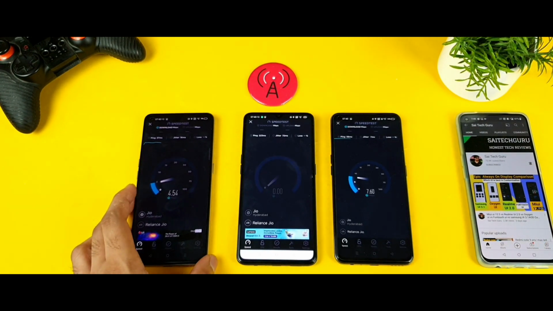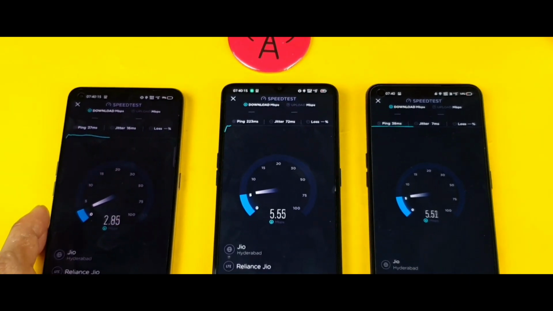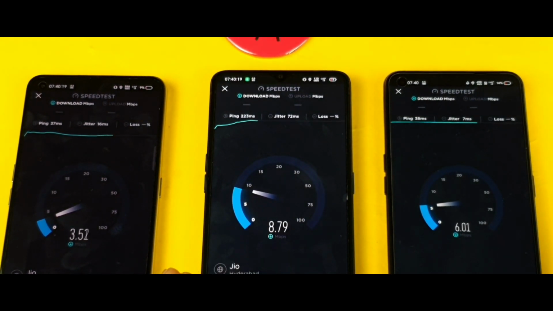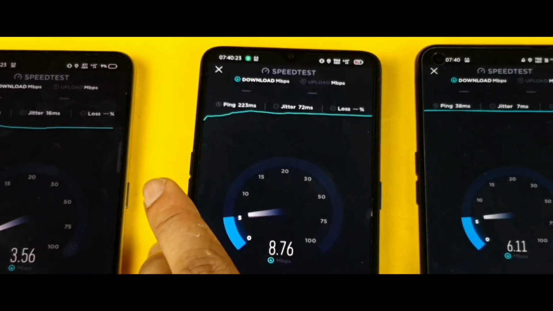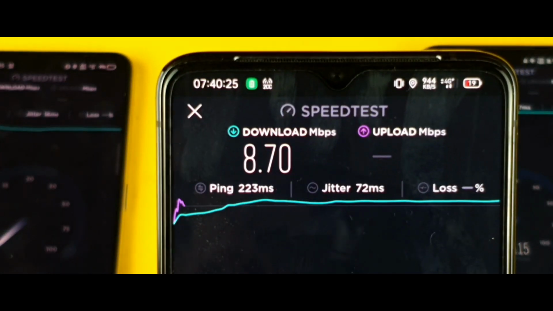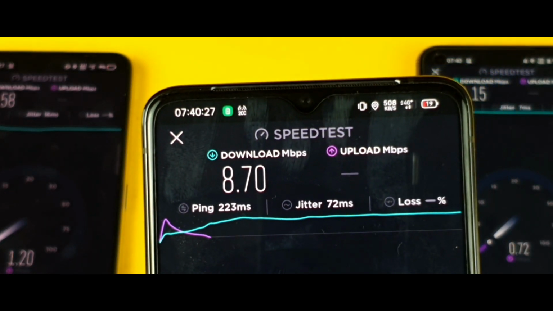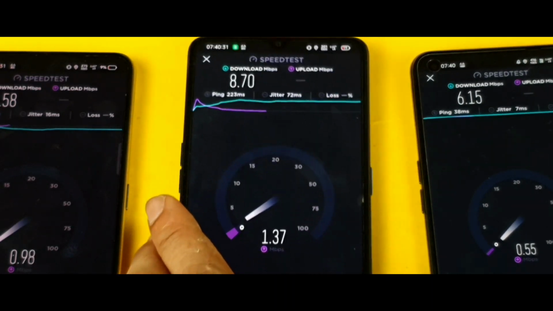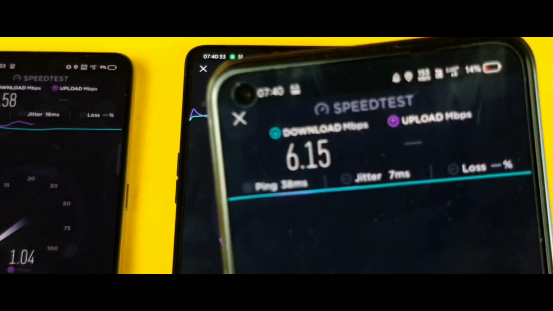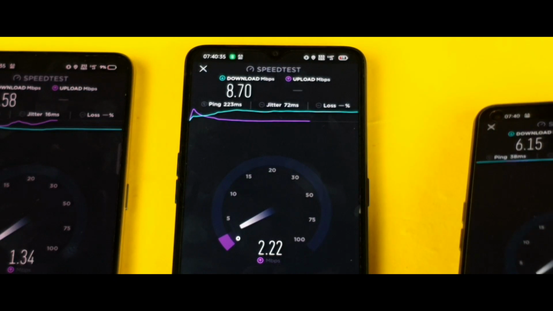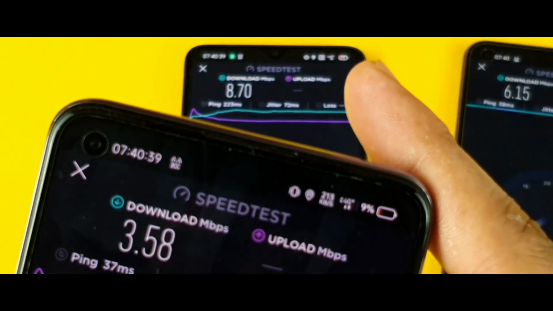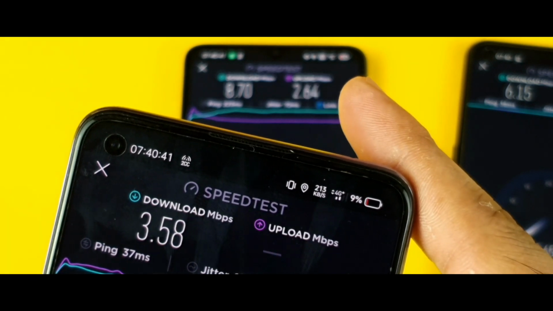So now let's see what will happen in this third test. Even in the third test, the Realme X2 Pro is performing really great. That's really good, friends. I did not even imagine the Realme X2 Pro could do that. I'm getting 2CC here, whereas on the Realme X1 Max I'm getting only one band, which is only 1800, as you can see clearly. But on the X1 Pro, I'm getting about 2CC as well on the top. You can see clearly, friends.